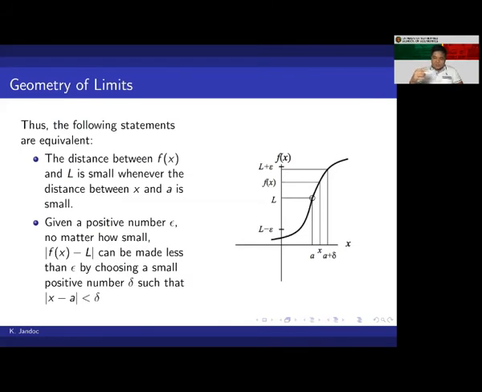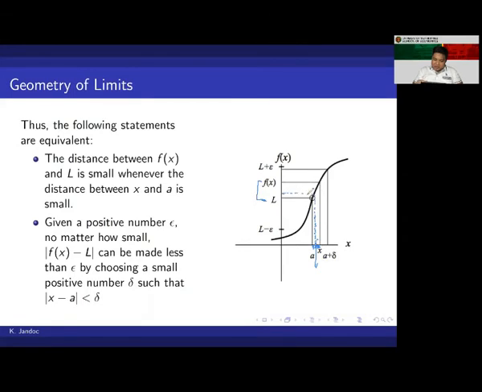You can say that the distance between f of x and L is small whenever the distance between x and a is small. So where do we see that? If you make the distance between x and a smaller and smaller, then you make the distance between f of x and L smaller and smaller. So if I make the distance between x and a very, very small, so this is my new x over here,